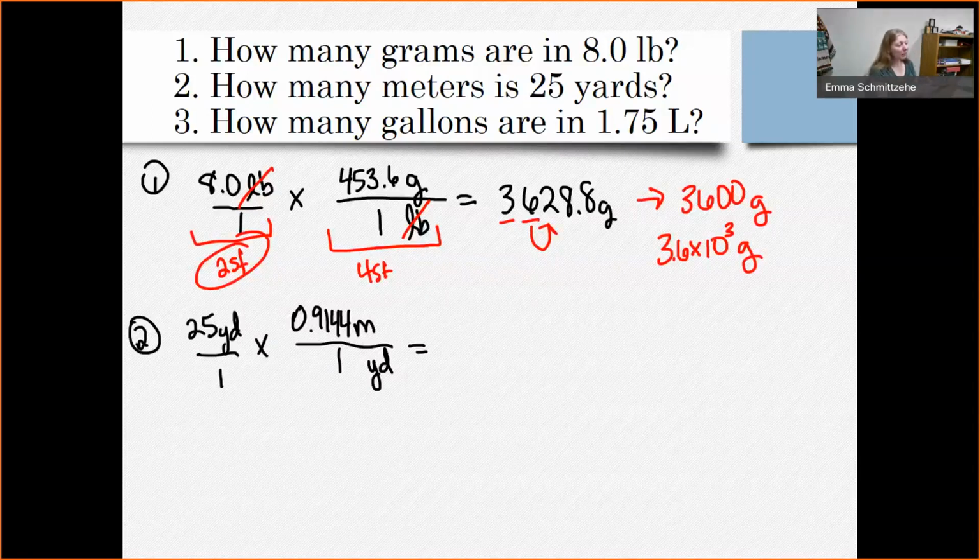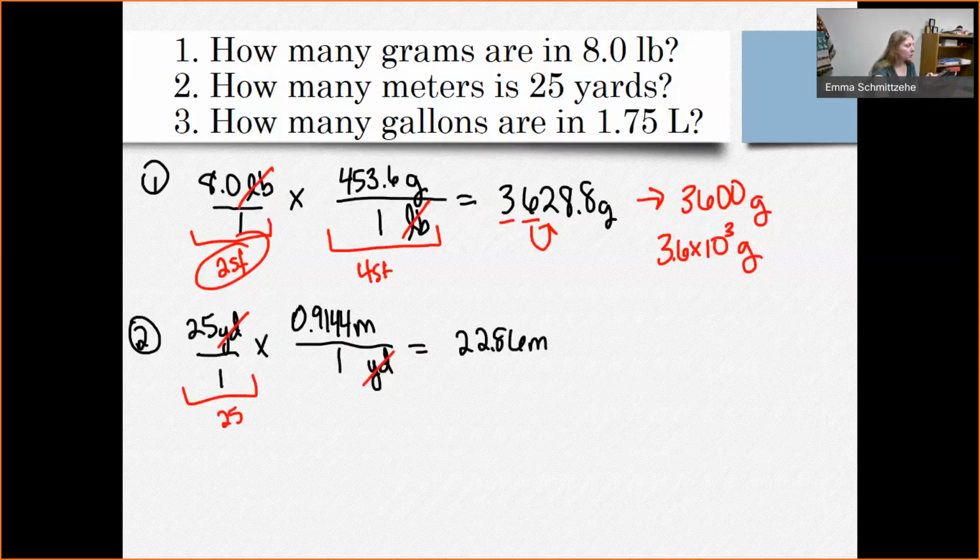So if I punch that in my calculator, 25 times 0.9144, then I get 22.86 meters, okay? And again, that is not what we're going to report. We still have to do our sig fig analysis. So our units, the yards cancel, gives me meters. If I look at my sig figs,